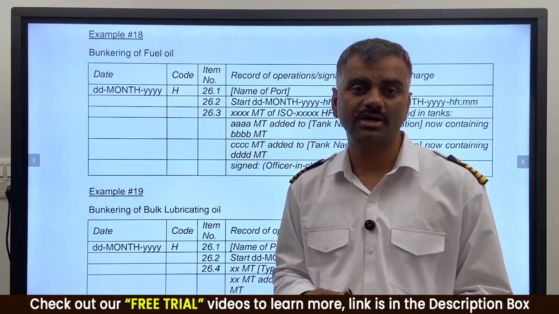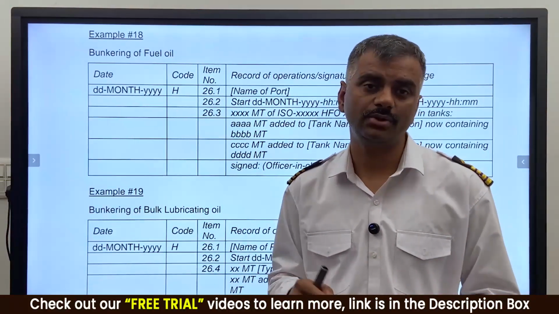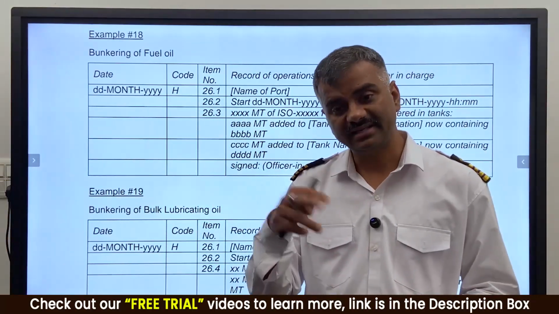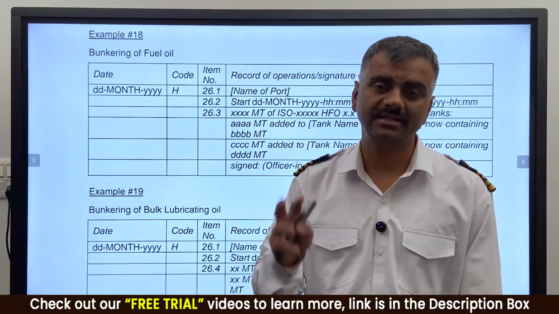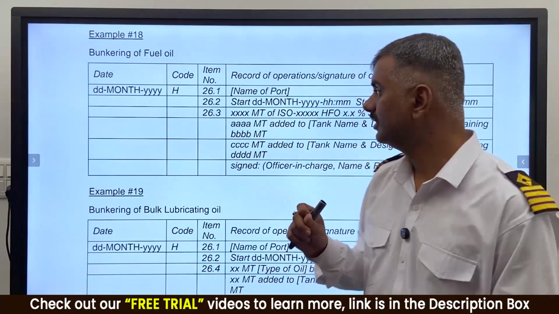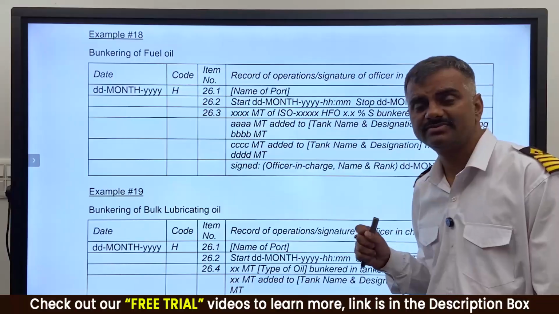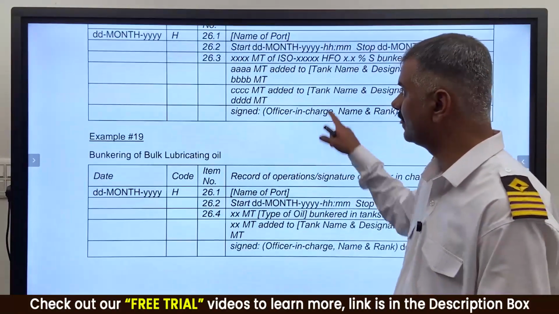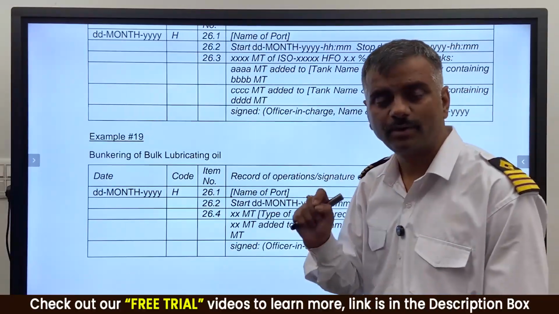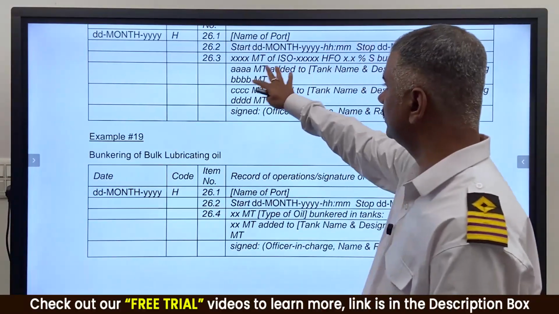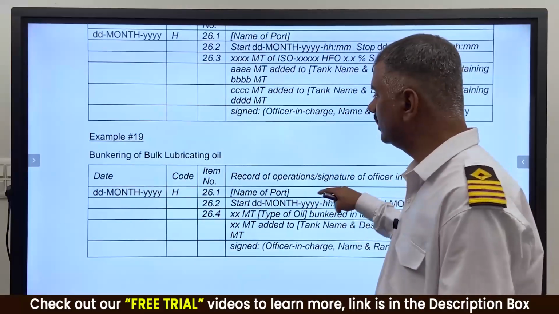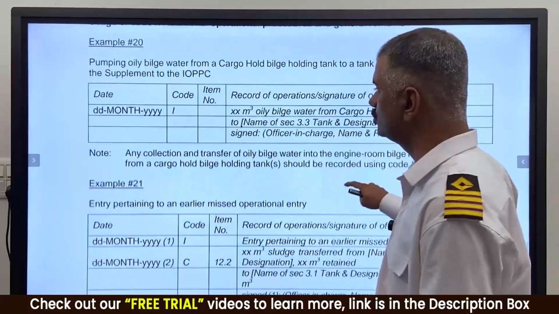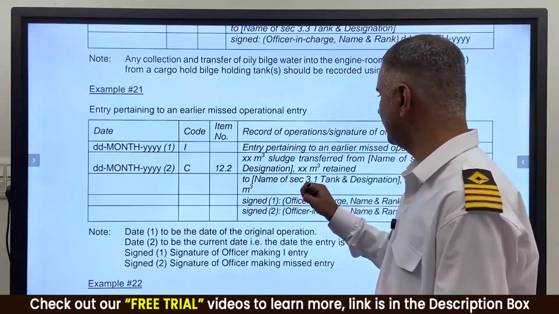But since the BDN was without remark, we have to make an entry in the oil record book on the basis of the BDN. The BDN data has to be entered. In that case, the fuel was supplied less, and the BDN entry was made accordingly. So my concern here is, if you have issued an LOP, after code H, where you have entered the exact amount of oil you have got, now use the code I, which is for the additional entries.